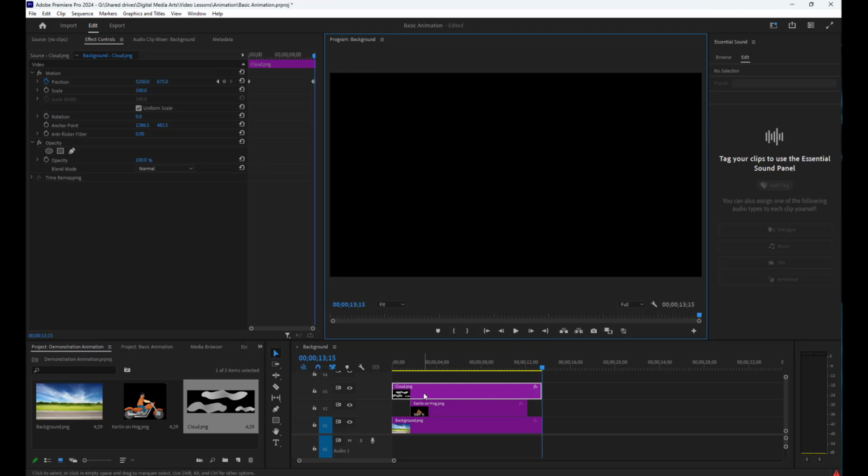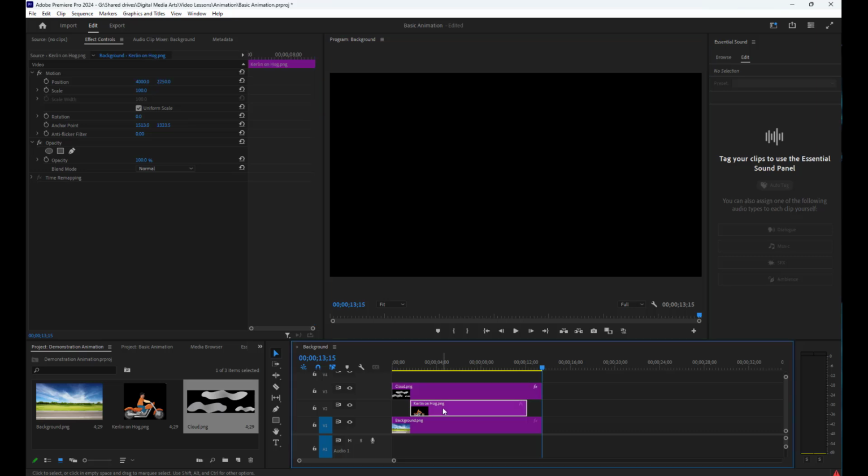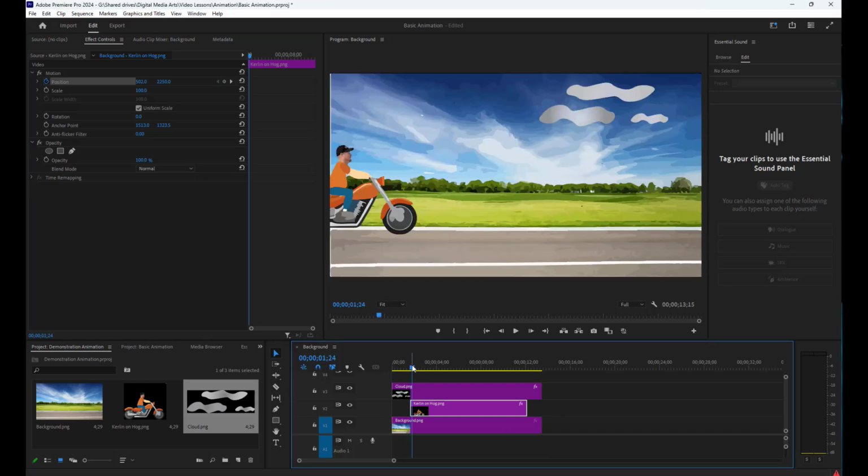So now that I'm done with the clouds, I'm going to move on to my next asset here, curling on the hog. So at the beginning of the clip, the first thing I have to do, if I want to have keyframes, I need to toggle on animation, and I have to figure out where he is on the screen because right now I can't even find him. So I don't know if that's because he's back here. Yeah, so he's right there, and